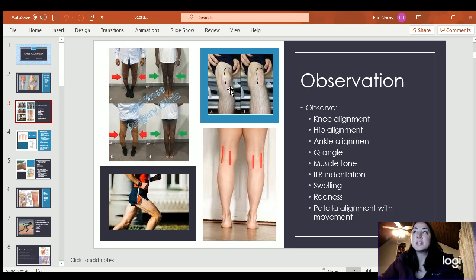So the J sign is what's being shown here, where the patella, instead of just going up and down at the top of the movement while you're contracting your quad, is pulled laterally. So that's the J sign. It starts to move up and then it tracks laterally. And typically that's with tightness in the IT band and the lateral muscles, and then weakness in the VMO. So patellar tracking is what that is. All